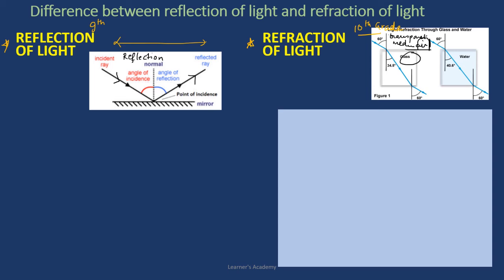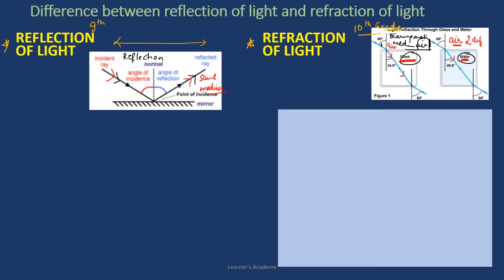Now, in case you can see this diagram, in case of reflection, the incident ray is traveling in the same medium. It touches the surface of the mirror and it is getting reflected, but it is traveling in the same medium as air. On the other hand, you can see the diagram of refraction. The incident light falls on the surface of glass, which is transparent. It's not a mirror. So it travels from air, and when the light rays travel through glass or water, that means these are two different mediums. The rays are traveling in two different mediums.